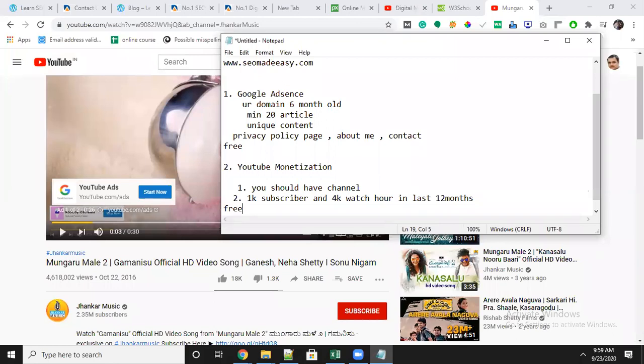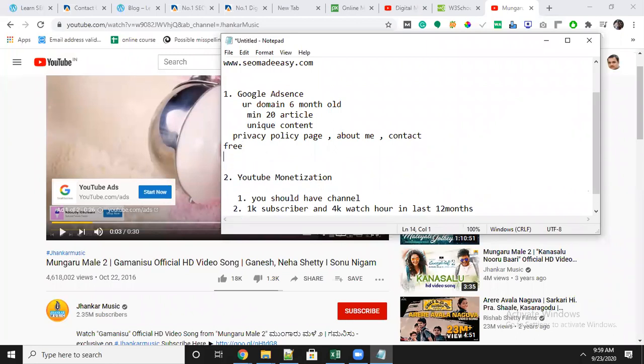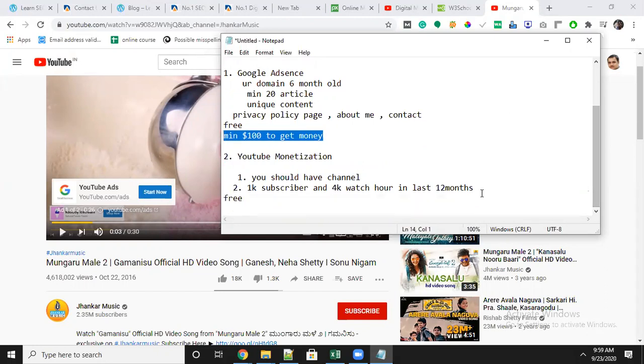But there is one limit for this. It has to reach a minimum of $100 to accept the money. Minimum $100. Minimum $100 has to happen to get the money. That means they will process a minimum of $100 every time. If you say, no, I have $10 already in my account, no, they will not allow. They will not give it. That is their criteria and their policy.